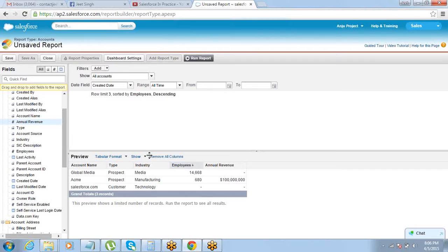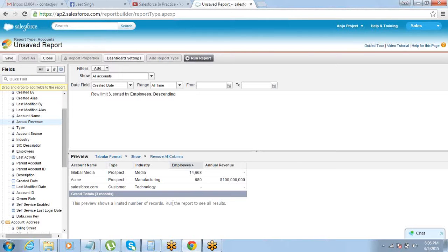There's one small thing. You don't always get to see the correct values on this preview section. This is just a preview section and it's not necessary that it will show you the correct report.